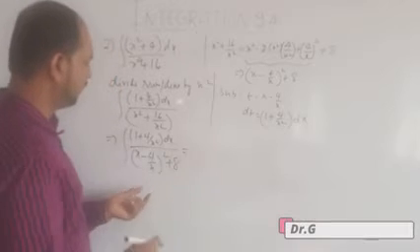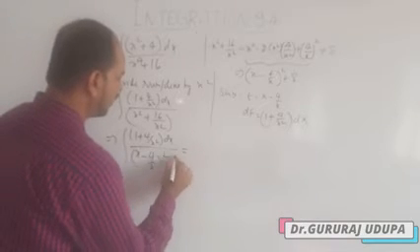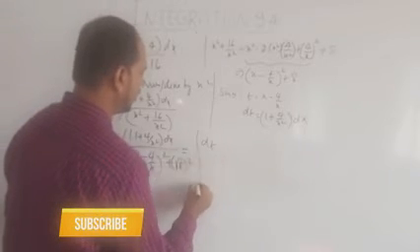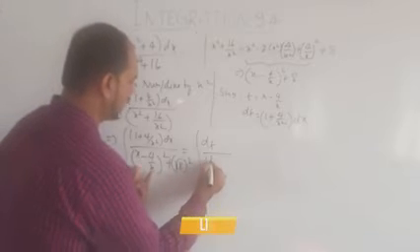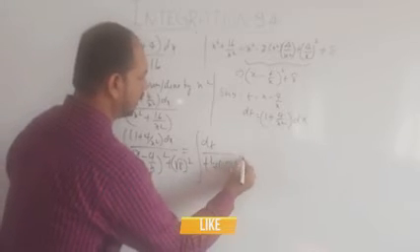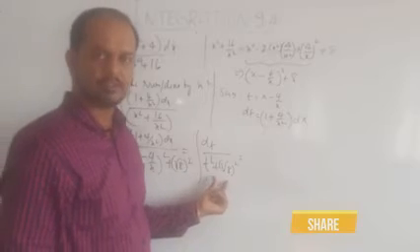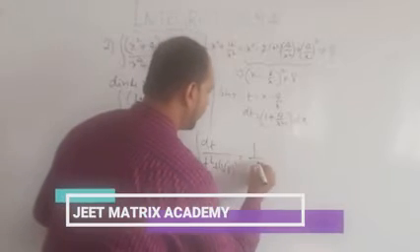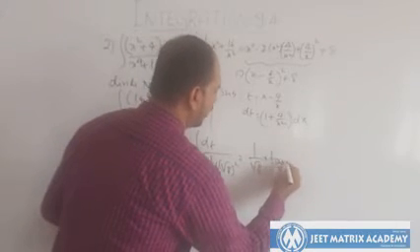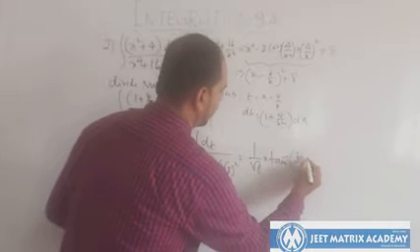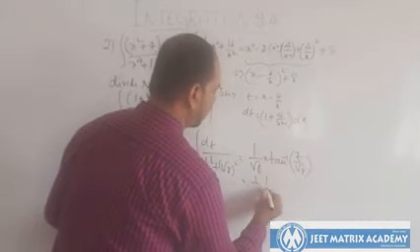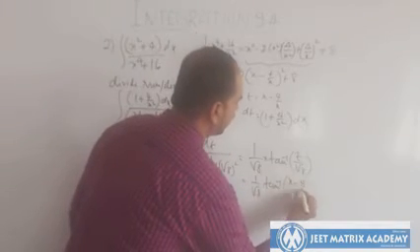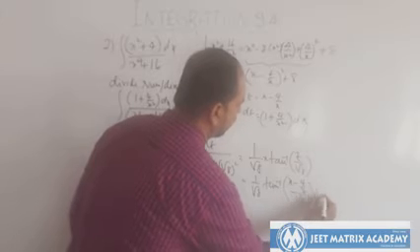So the 8 you can write as root 8 whole square. Okay, so things will become easy. So this is dt, and this part is t square plus root 8 whole square. Directly I'll apply the formula because I know this form. dx by x square plus a square gives 1 by root 8 into tan inverse of t by root 8, which is 1 by root 8 into tan inverse of (x minus 4 by x) by root 8 plus c.